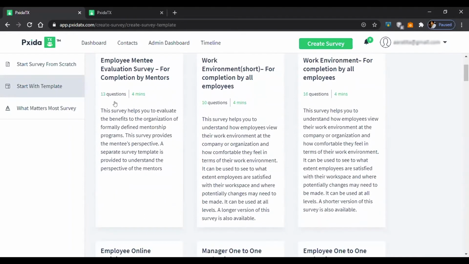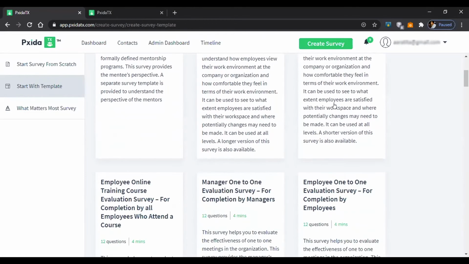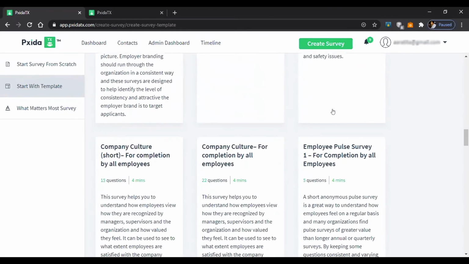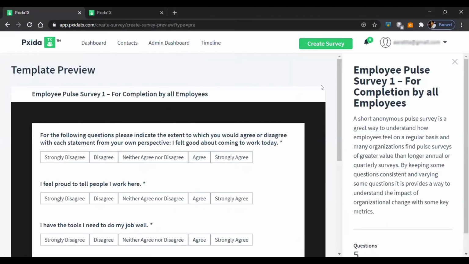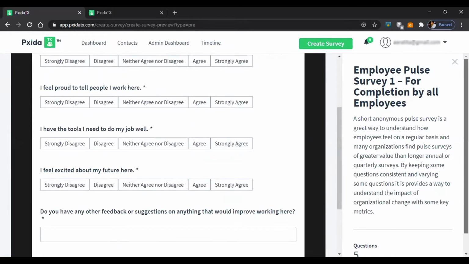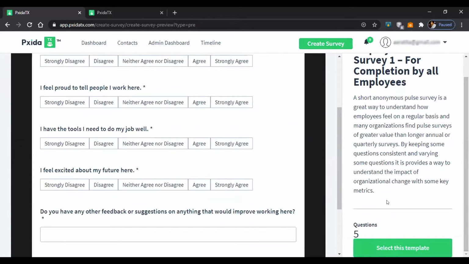So these are the templates that have been provided. We give the information of the number of questions and the probable time it would take for respondents to complete. So depending upon the type of survey that you wish to deploy, you can choose a survey. So for now, I'm going to choose this template, Employee Pulse Survey. It will give me a preview of how the survey looks, and it also gives me a short description of what this is implying, and the number of questions in this particular template. So if I select this template,